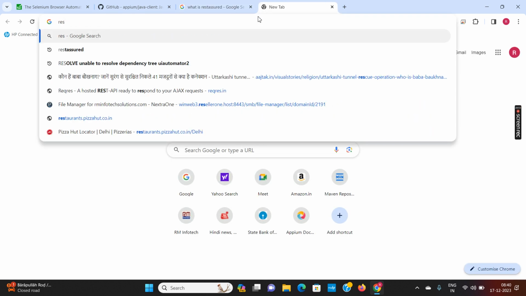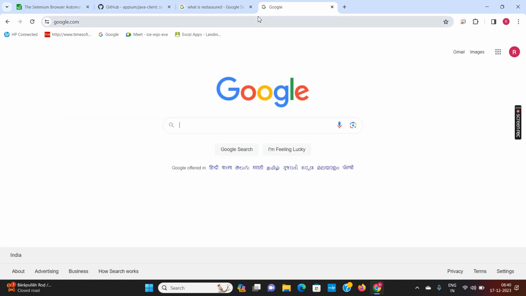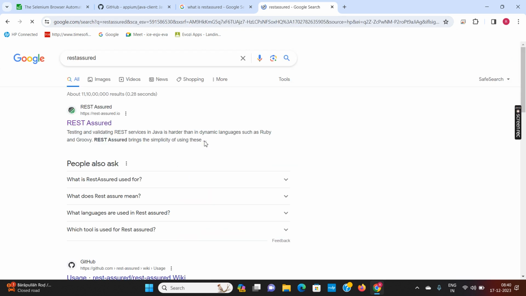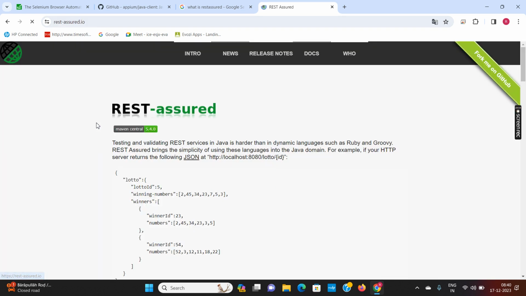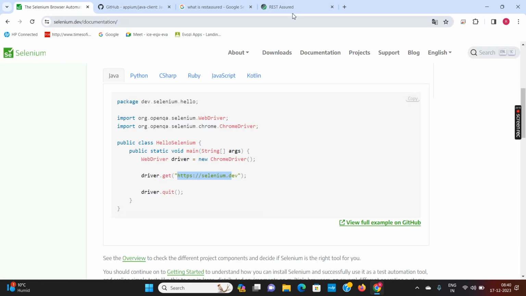So the REST Assured website, again you can check. Let me Google it. This is REST Assured. You can check the docs from here and study it. So REST Assured, like Appium and Selenium, is a library.